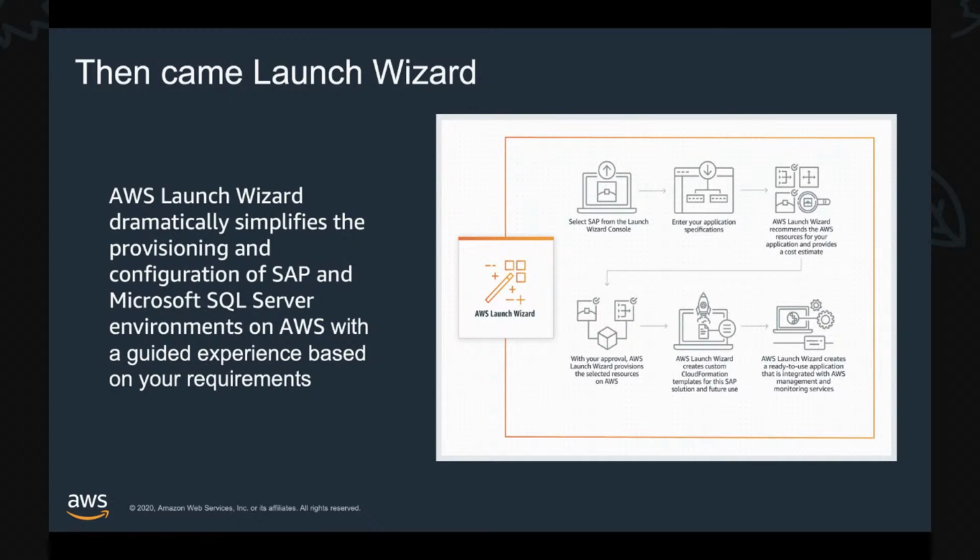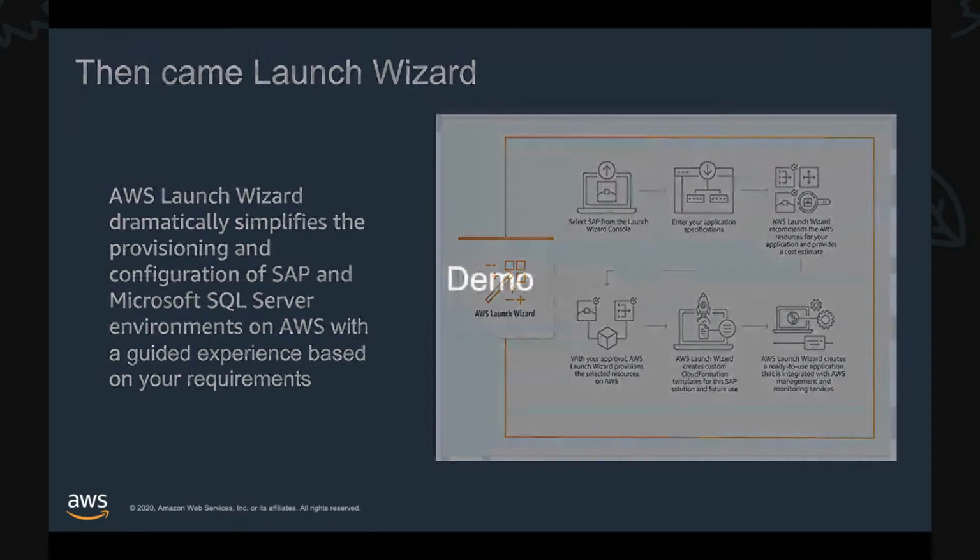With Launch Wizard, customers can deploy SQL Server Always On availability groups on AWS faster and more easily. This is a guided step-by-step process. It lets you deploy and configure AWS resources for SQL Server Always On in a wizard-like approach, and automates the deployment of AWS resources on your behalf.